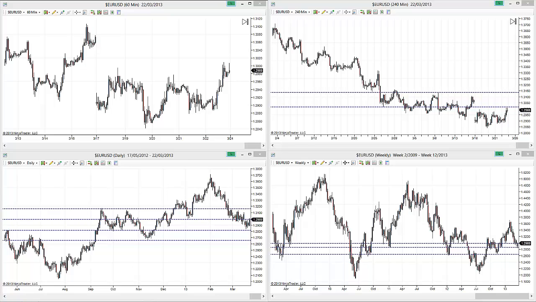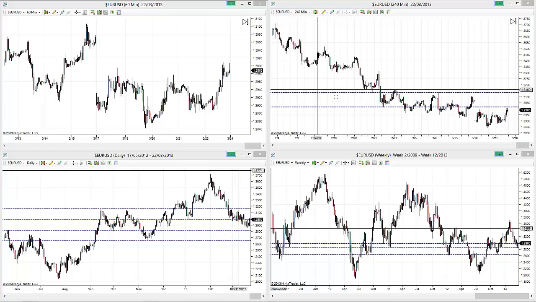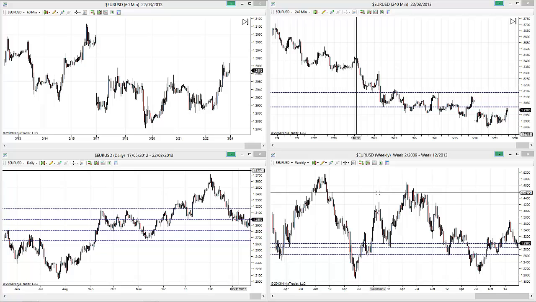Okay, so now that we've got that out of the way, let's start by taking a look at the euro dollar. What we do is we always start off by looking at the higher time frames. Once we've analyzed what's going on in the higher time frames, we can then drill down to some of the lower time frames to see where you can act on the opportunities that the higher time frames are producing for you. So starting with the weekly chart of the euro dollar,